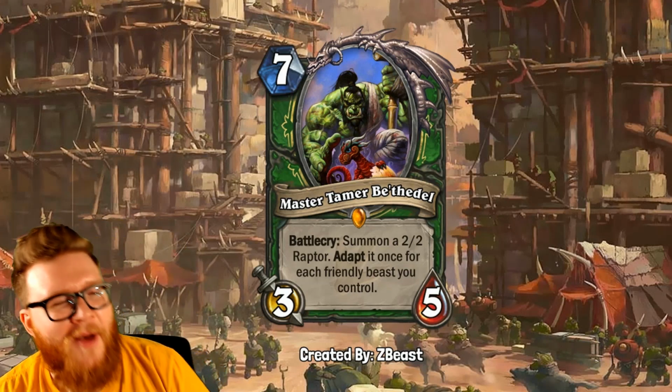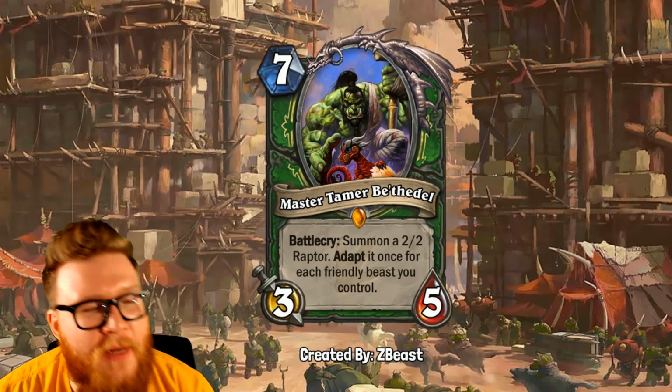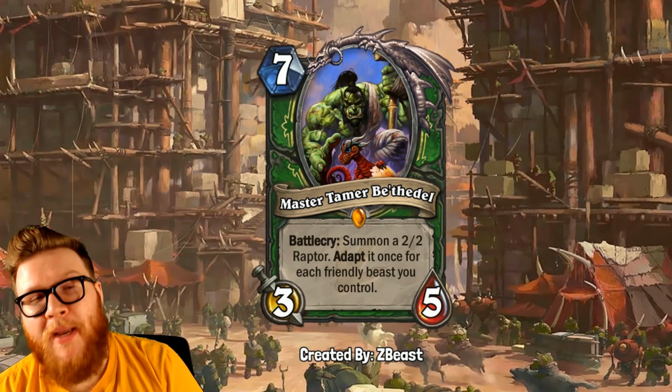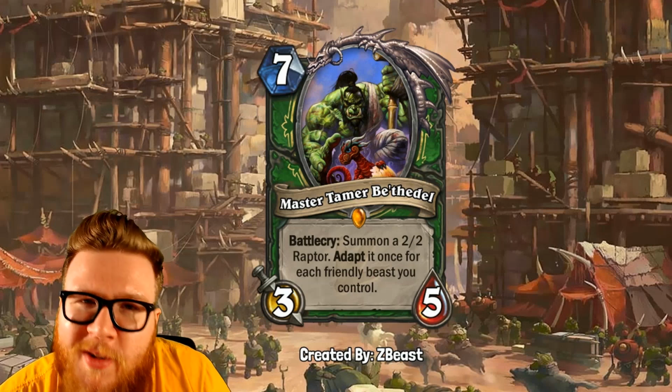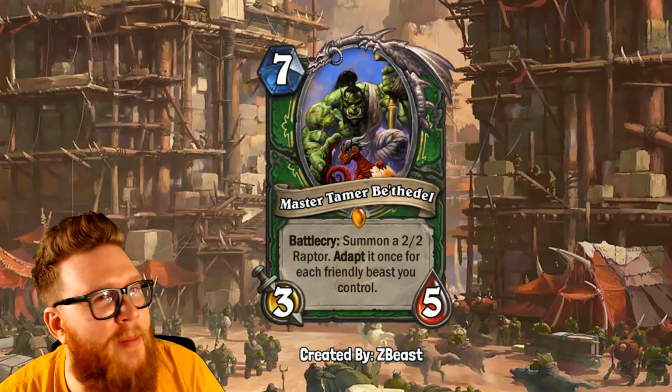It's so much fun. Battlecry: summon a 2/2 Raptor and adapt it once for each friendly beast you control. So at a base level here, you're getting a 3/5 and a 2/2. You know, that's basically a 5/7 stat line total. Would not be considered the strongest 7 mana play, but if you have a couple beasts on board and you